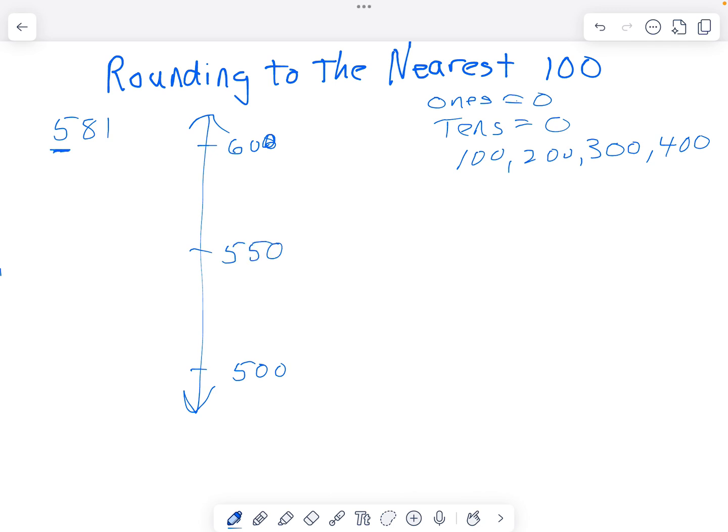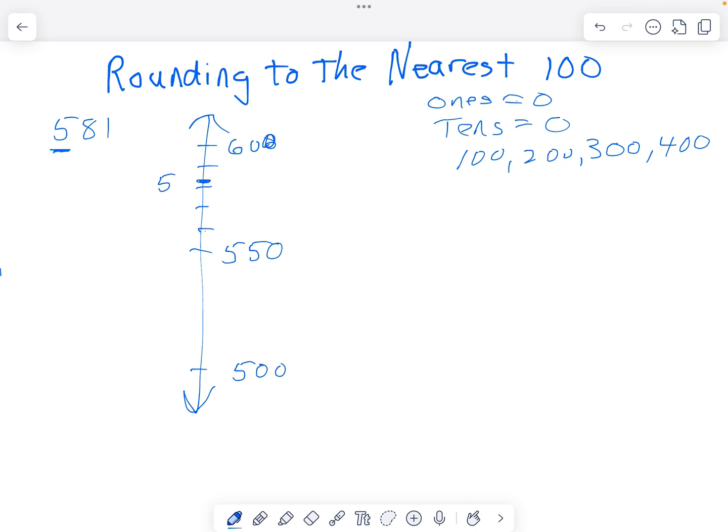Now I need to plot 581. I'm going to put my tick marks because 581 lives somewhere over here. Now each of those tick marks represents 10. So I have 550, 560, 570, 580, 590, 600. 581 would live, here's 550, 60, 70, 80, right around here. So I'm going to plot that